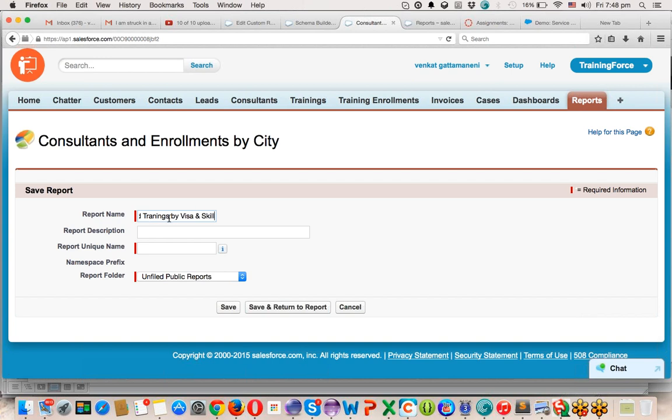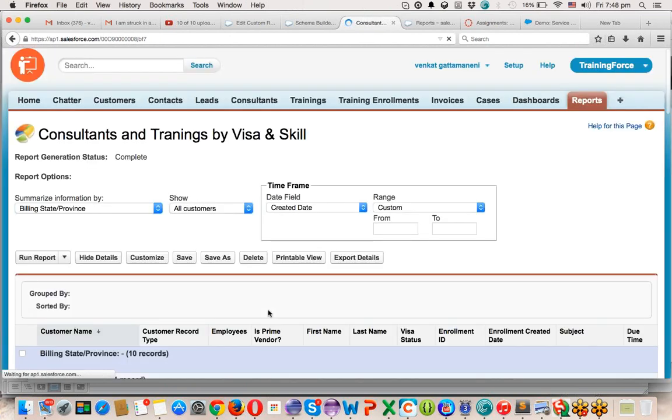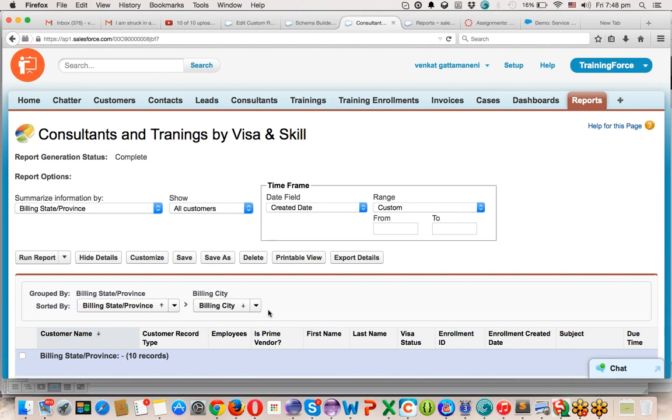Right now, this is a report I want to run as a matrix report. Okay, I'm doing it now, and I'm setting the report folder again the same: unfiled reports. I'm clicking on save and run report. I'm saving the new report with this name. See, I'm simply cloning the same report and saving it with a different name, and I'm trying to modify